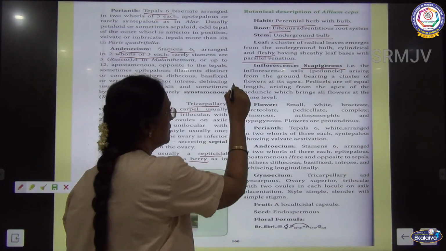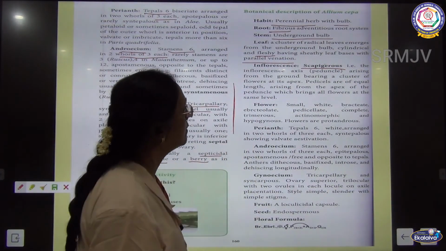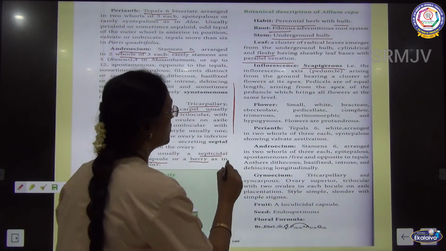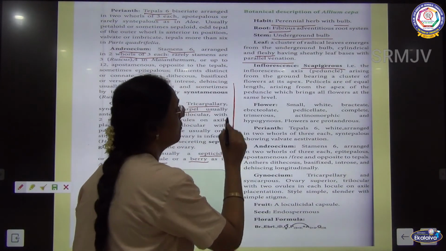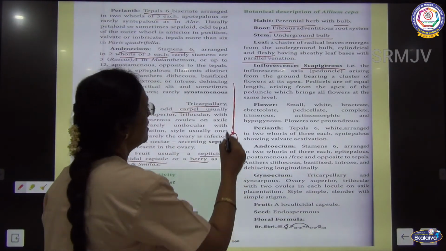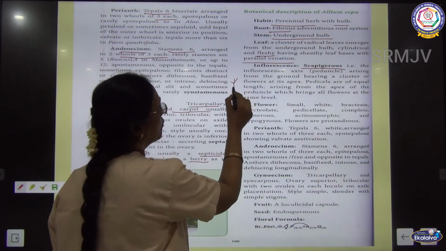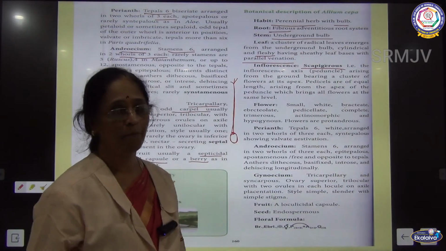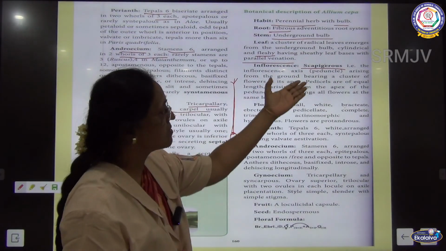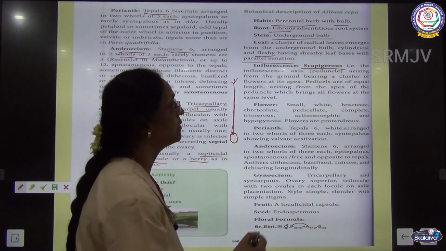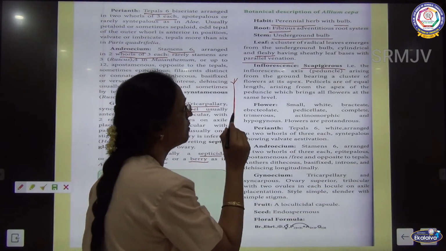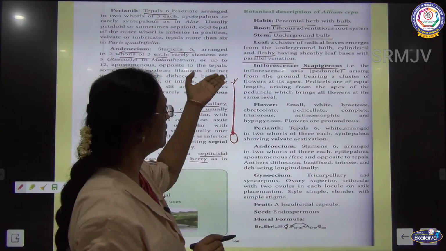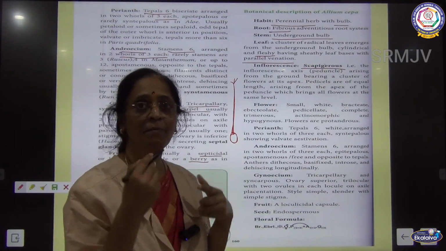And the inflorescence is scapigerous, you will call it, that is the inflorescence axis. You said that it is a peduncle which arises from the ground, from the basal bulbous stem, and on the top you will find a cluster of flowers at the apex. Such kind of inflorescence you call scapigerous. That is, the inflorescence axis, the peduncle, arises from the ground bearing a cluster of flowers at the apex, and the pedicels will be of equal length.